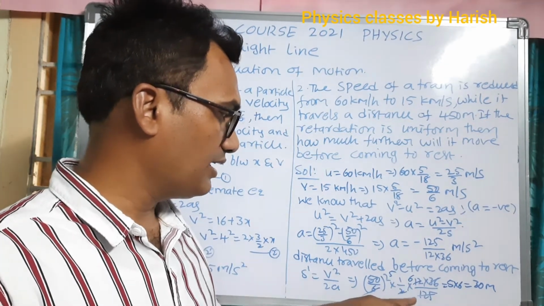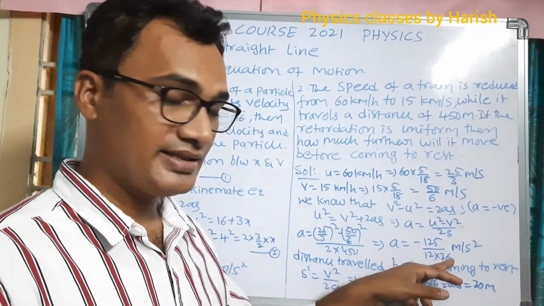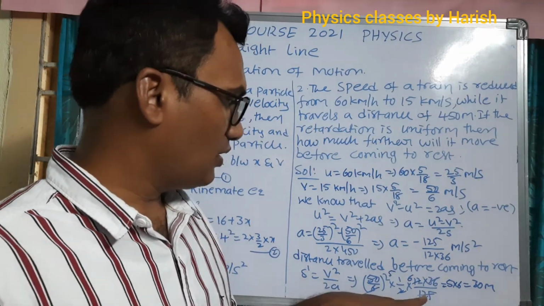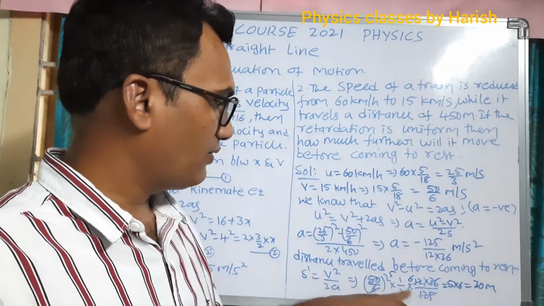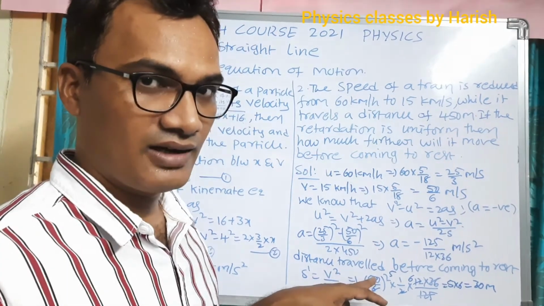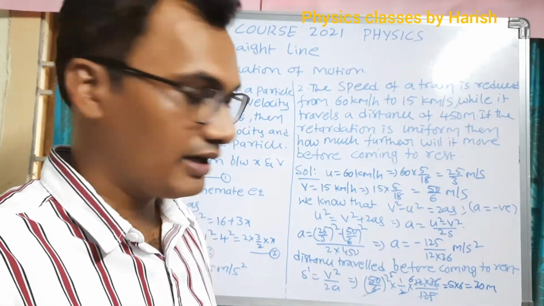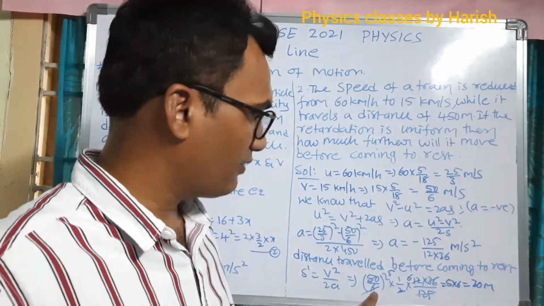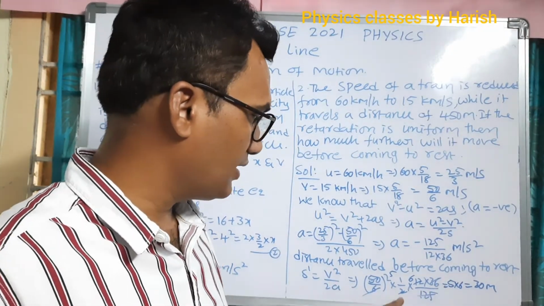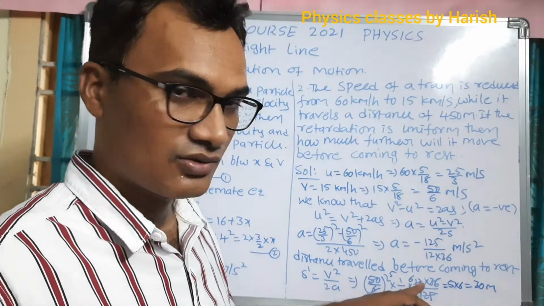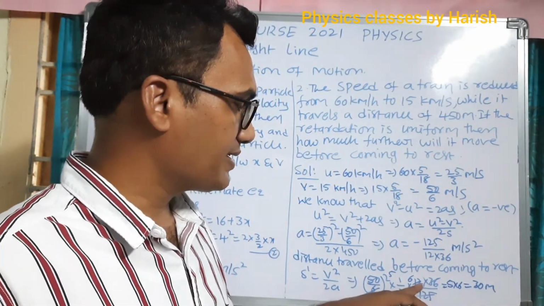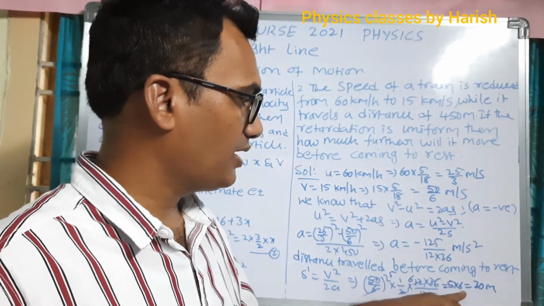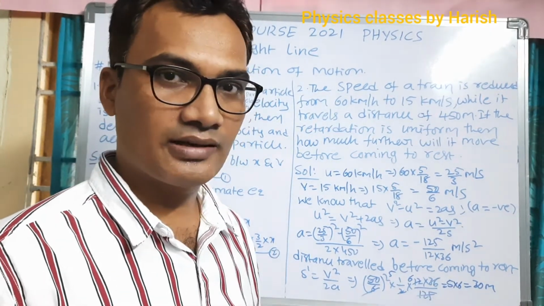If we write that a in the denominator, then 12 into 36 will go to the numerator after simplifying. So here, 50 whole square means 2500, 25 5s is 2500. And 6 square is 36 there, that will be cancelled, and 2 6s are 12, numerator 12 and denominator 2. So 2 6s are 12. So finally we'll get 5 into 6, which is equal to 30 meter. Okay.